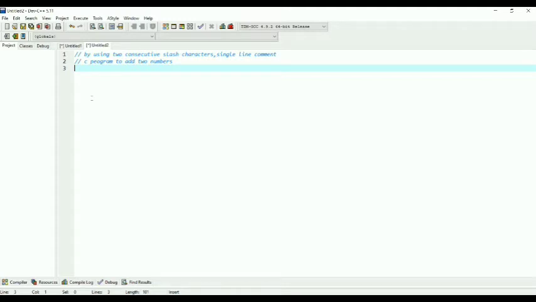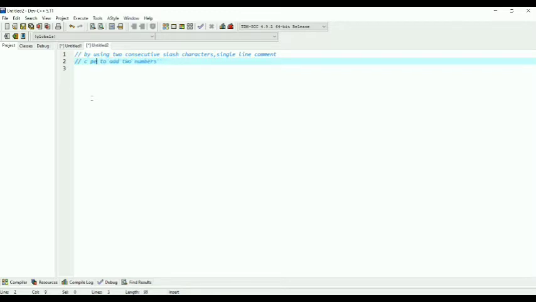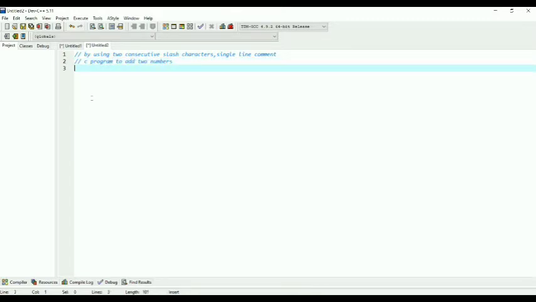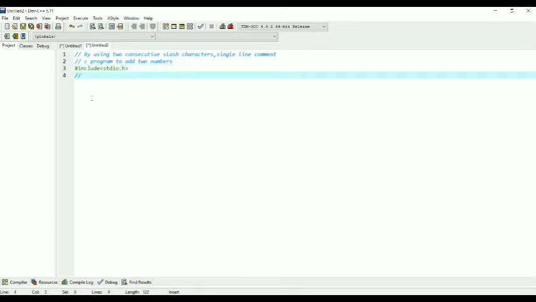And I have written double slash, C program to add two numbers. First we have to write hash include stdio.h. Preprocessor statements are identified by the presence of a pound sign.